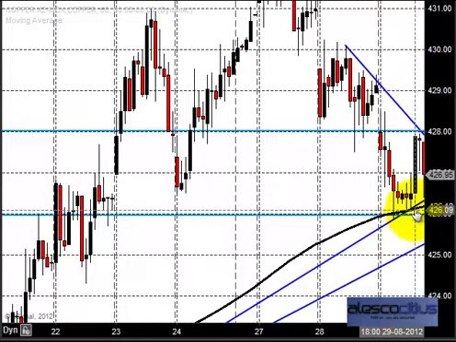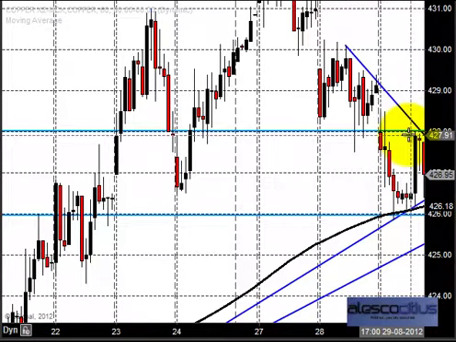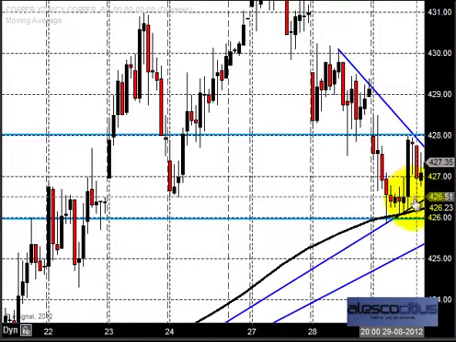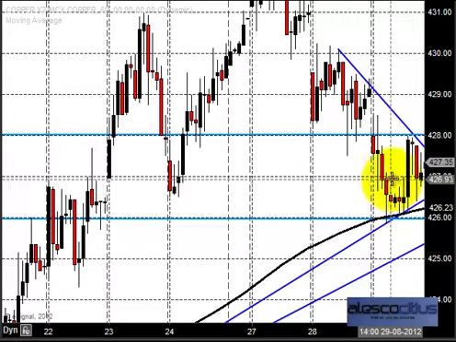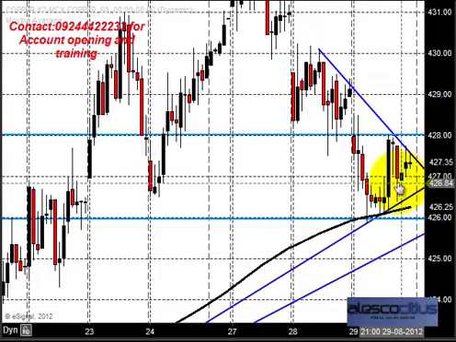After the consolidation, the market found support from the buyers and went up and tested 428 again. But a failure to sustain above 428 pushed the market down, and again there was a test of 426. So the market consolidated sideways and closed around